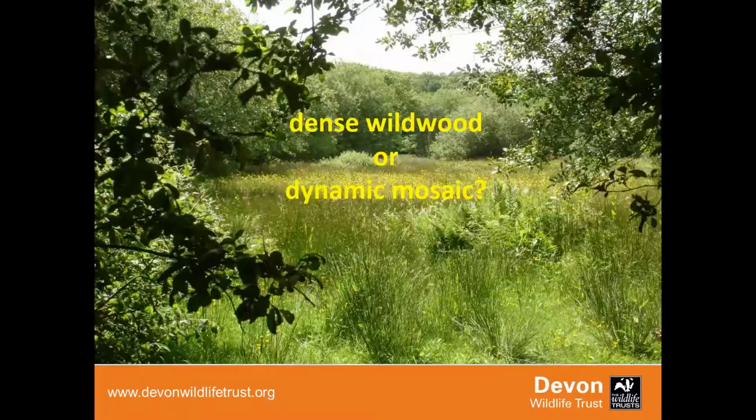Okay, go right back to pre-humans. And what does the landscape look like? Well, I think probably a lot of you are familiar with the different arguments over whether there's a dense wildwood as proposed by Oliver Rackham, or whether there's a dynamic mosaic of landscapes as proposed by Franz Vera. I suspect it's probably a mix of the two. It doesn't make sense that one or the other is the outright winner, especially in somewhere like Devon where we've got such a diverse mix of landscapes.